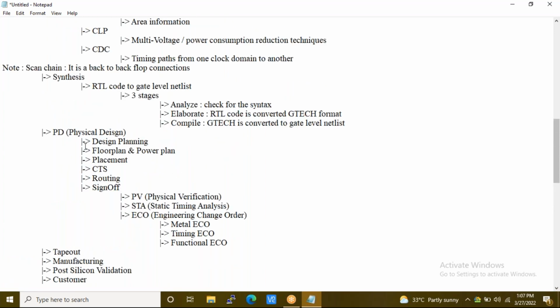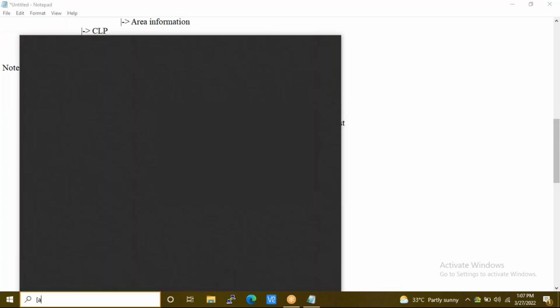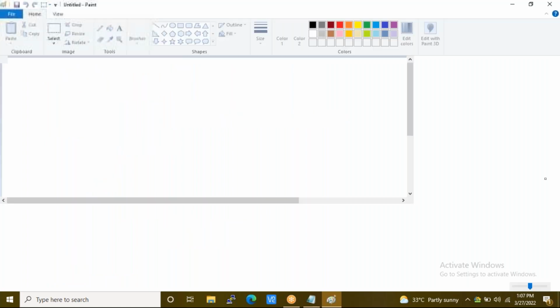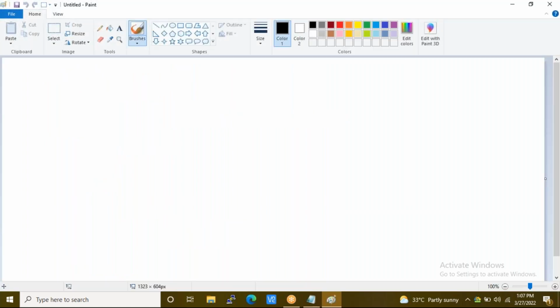And now coming back to this particular PD perspective. When we are discussing PD, the major focus is how we are going to implement a design into a chip. You said more transistors are placed in a smaller area for an IC. So indirectly, we are not going to be playing at the transistor level. We are going to be playing at a cell level.